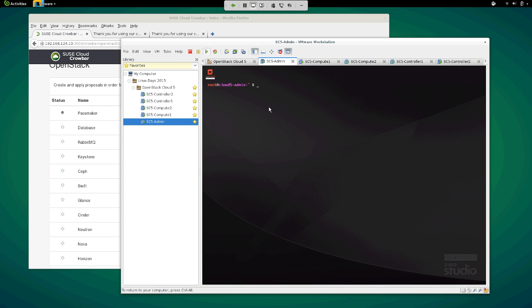There is a crowbar batch build, and I have a small YAML file which has the entire configuration for the cloud that I'm going to build today. So I'm going to execute that.